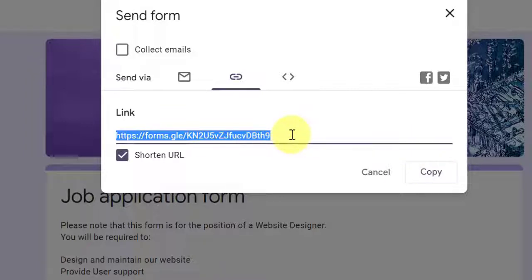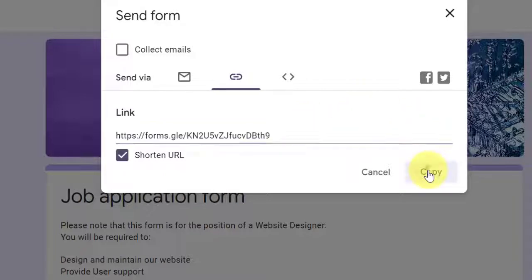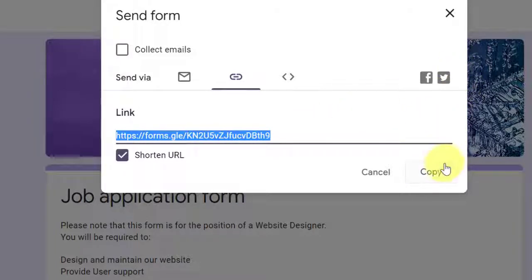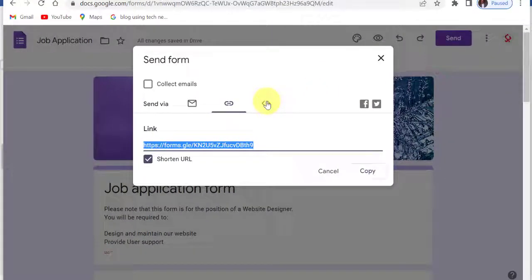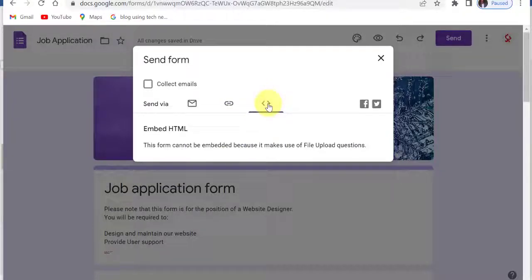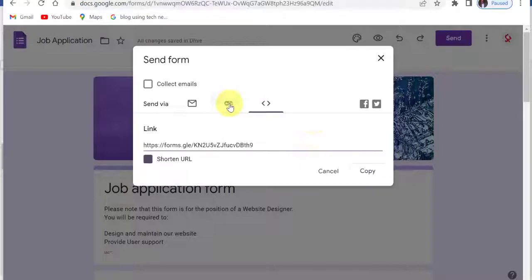You can use it on your WhatsApp status. You can use it in WhatsApp groups. You can send it to individual WhatsApp contacts and all of that. Alright, so just copy the link. So now that we have copied our link, we are going to test it. Of course, there's another option here. If you want to embed this link in your website, this is mainly for website designers. If you want to embed it, you can embed in your code so that people can click on it and